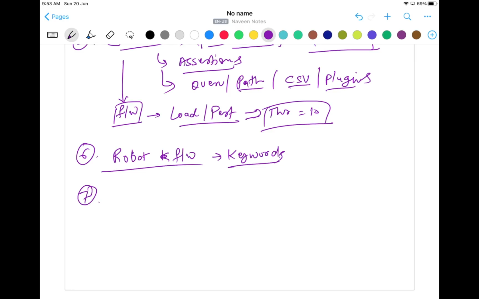Then let's talk about the seventh one. You must have heard about Katalon. In Katalon, they claim it's a free automation tool, but it's still not completely free. After Katalon 7, they made it paid. Various features are paid now, and they provide a common environment to create and execute your API automation. You can write API, web, and mobile automation also. If you want to call the APIs with POST, GET, PUT and DELETE, you can use Katalon also. So this is Katalon Studio.